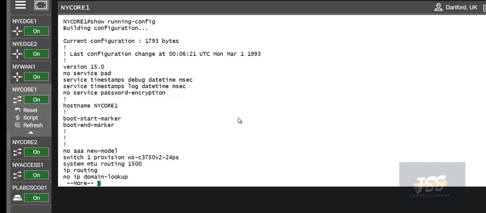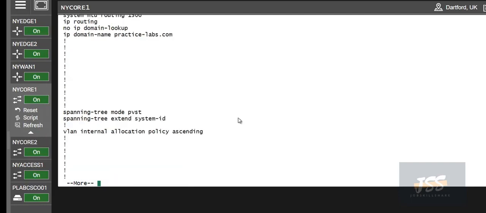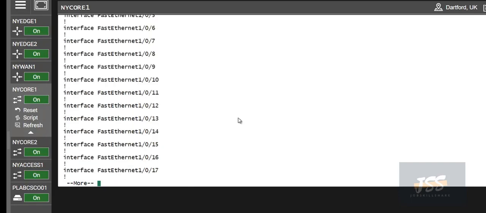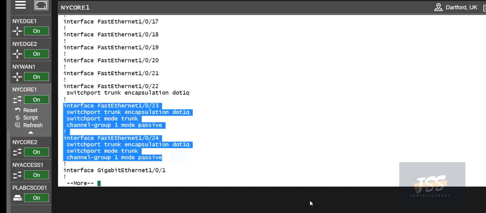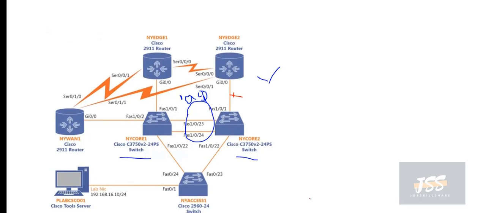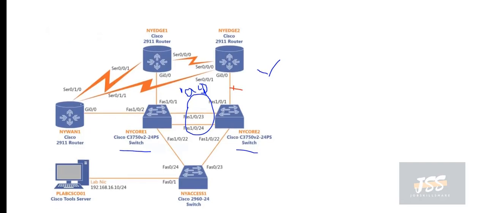Both are passive, they are waiting for the other side to initiate the negotiation. Active mode can do that only. Passive mode cannot. You can see over here, that is the fault. Both ends are in passive mode and we cannot see successful negotiation because of that. We will be making it an active mode.